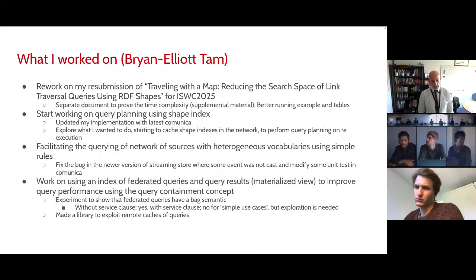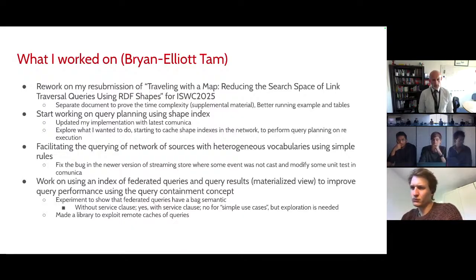But if you are using a service clause, then it seems to be set semantics. But I need to explore more why it is set semantics, because I can see from the algebra that it seems to make sense, but it's still strange that without the service clause, they are bag semantics. So I need to explore more how it is